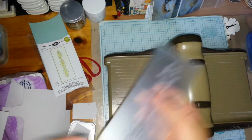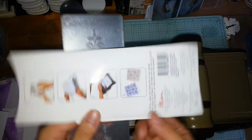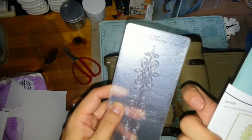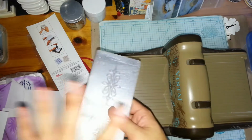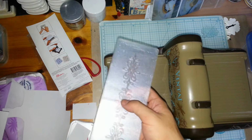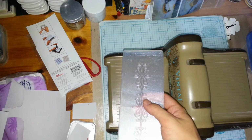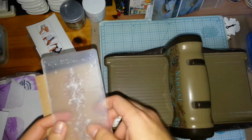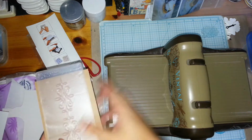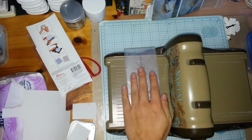They did some with Stampin' Up, and some they did themselves. It is these things that they have with their own letterpress plates. Now this actually limits the options a bit, because you're limited by what you can buy off the shelves from Sizzix, or if you can get from say Stampin' Up. But the advantage of this is that it is very easy to set up. There isn't any complex thing. These plates are easy to use with